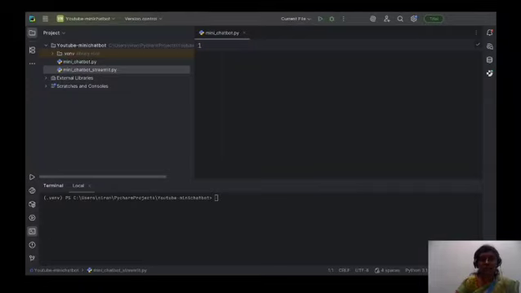Hi, come let's start coding. Today I am going to use a PyCharm environment for coding. To create a new project, you can go to File and create a new project. In our project we have two phases. One is for creating an interface, and the second is for logic building. For creating an interface, today we are going to use the Streamlit library, and for logic building we are going